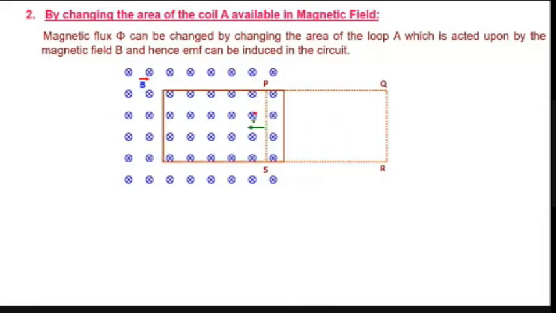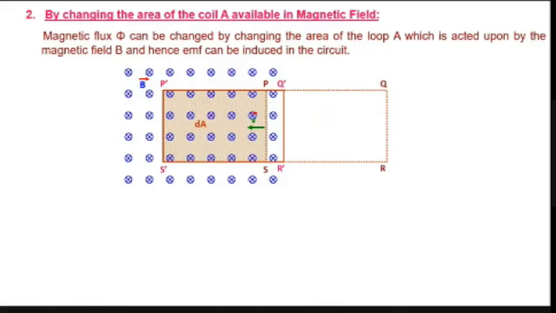So here I was talking, flux is there, the coil is here, PQRS, and I am moving the coil towards the magnetic field. See here, this is the initial position. So this much area was already present, so we will not consider that. We will take only how much area has been changed, the additional area added. As it moves, this much area has been added additionally. So this is the change in area, and that portion we are taking as dA. Is that concept clear? Here we are not taking the complete area, we are taking only the changed area. So here dA is only this much.